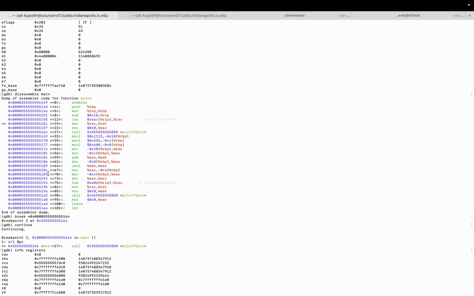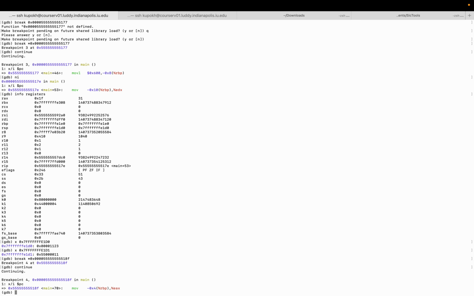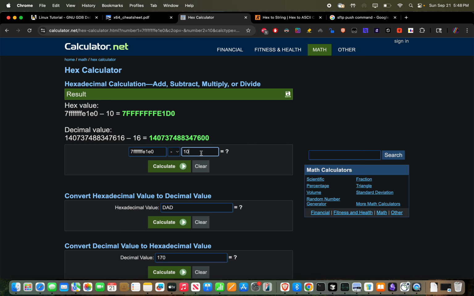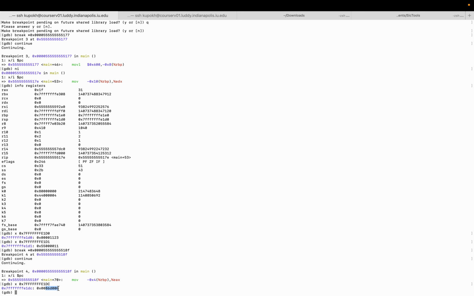So let's just go over here. I'll add a break at this point. Okay, and continue. Yeah, so it should already have the result in this value. So RBP is the same. Instead of 10, I'll do 4, calculate. I'll get the memory location. I'll inspect the memory location. So it seems like this is our answer,